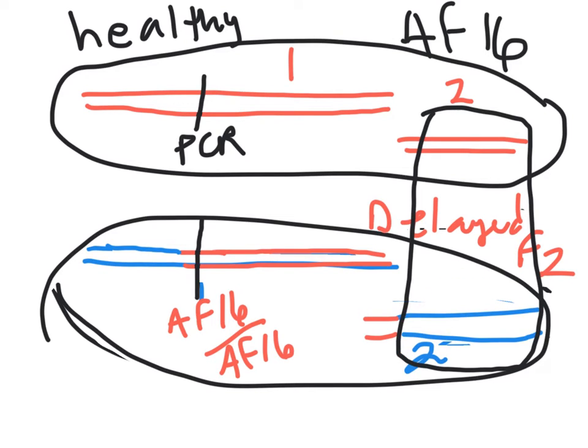In other words, it's clear that having all red chromosomes is not a problem because AF16 worms are fine. They're healthy, they make babies, they're fine. So it must be that there's a specific combination of being red at one point in your genome, so say that's one gene. You get the AF16 version of that gene,